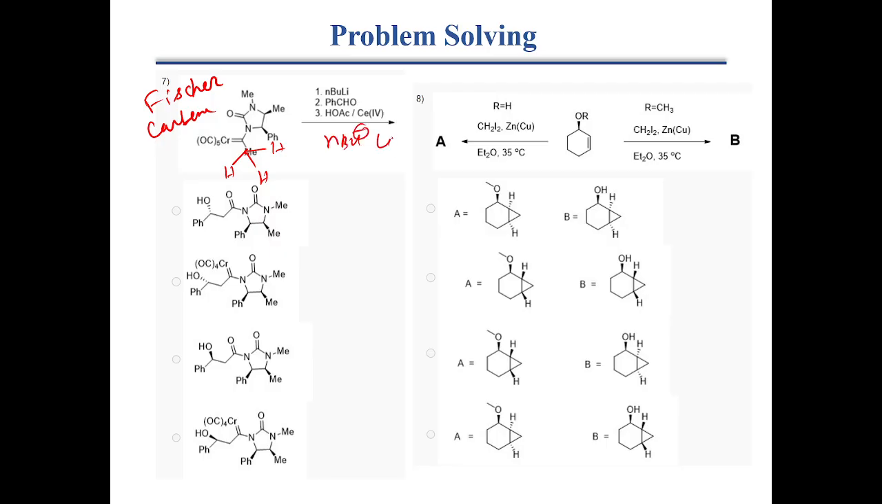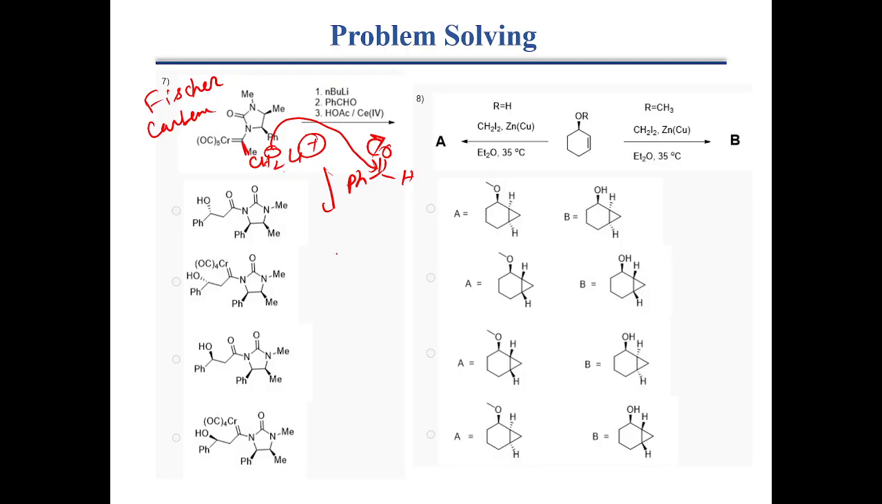Butyl minus, lithium plus. So now this butyl minus reacts with the proton and forms the negative charge. So abstraction of proton happens. This will form CH2 minus Li plus. Now what happens? If we treat it with benzaldehyde, PhCHO, now this CH2 minus reacts with the benzaldehyde